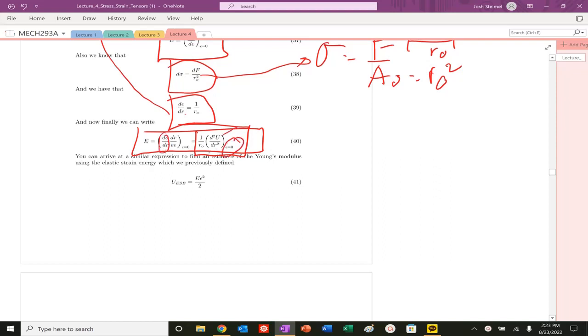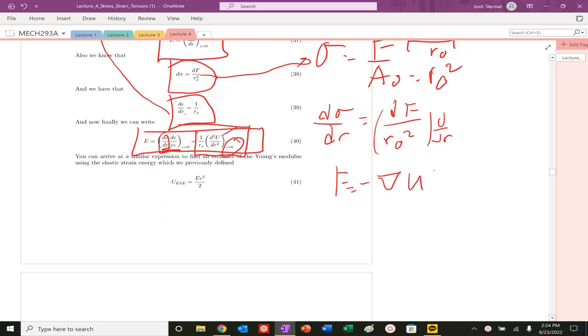Well, how do we arrive at this result? So let's break this down here. So first we have d sigma dr. So again, let's break this down effectively. So what does this mean? We already have d sigma is dF over R naught squared. And then we're taking basically d dr of this. And we know that we could relate force to the negative gradient of a potential. But why don't we see a negative here? Well, this is the force between the atoms, but we're pulling. So this just is describing the force between these two atoms, but we're pulling on it. So the force that we're actually exerting here, this little dF, is in the opposite direction.